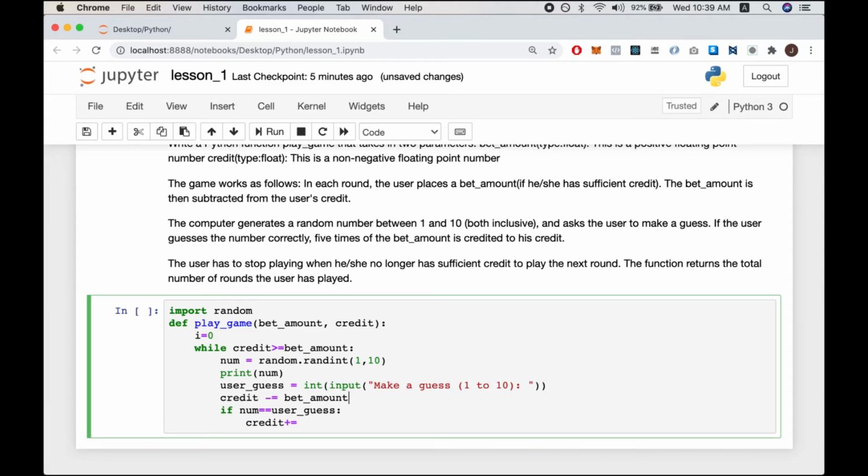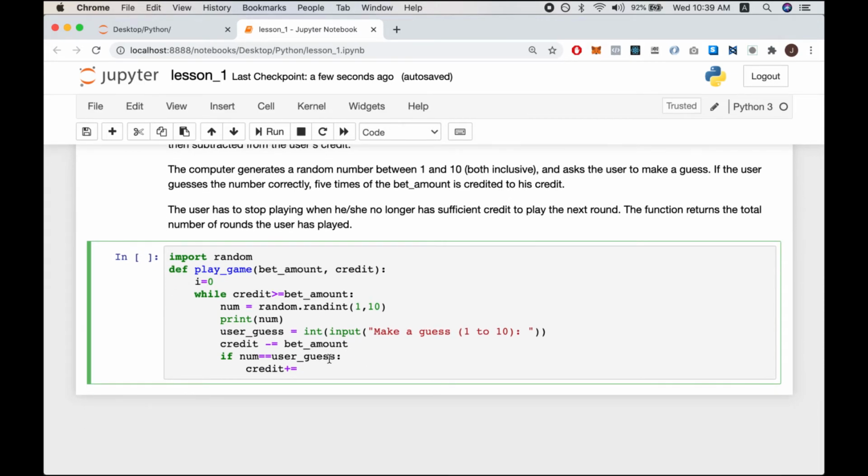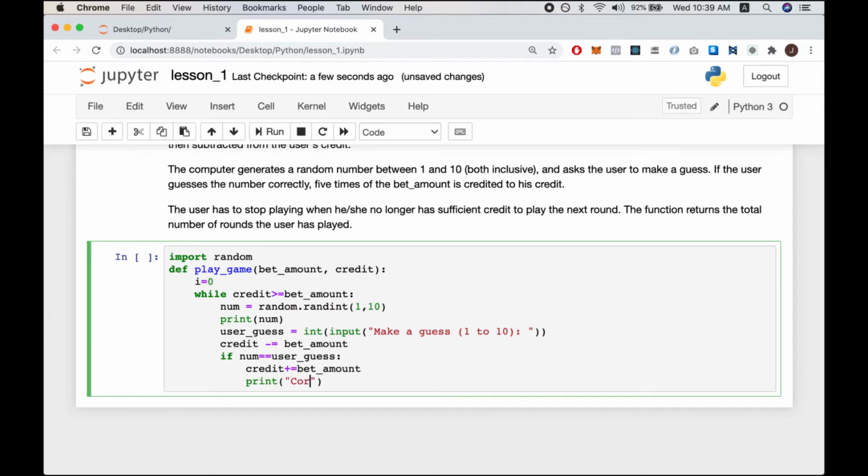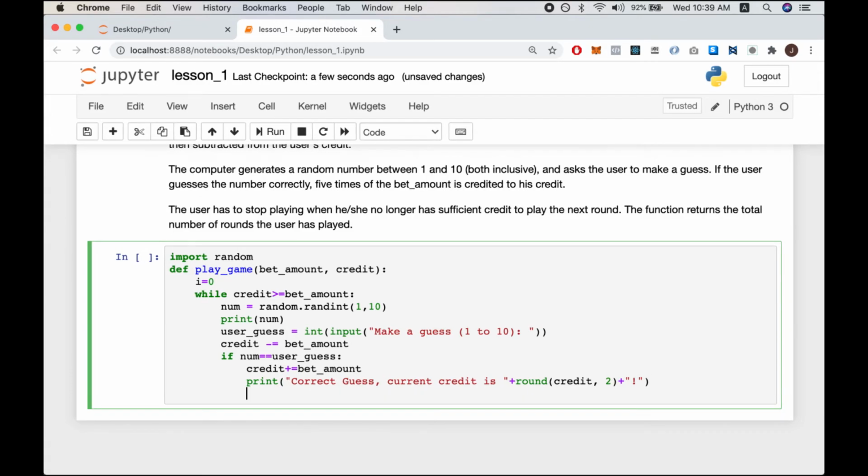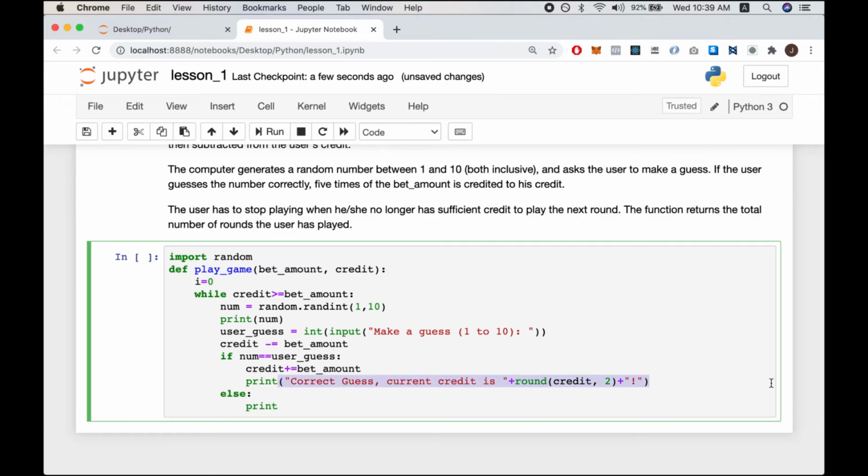So what happens is that the credit will deduct the bet amount, and credit will add bet amount if it is equal, and print correct guess, current credit is, then we'll add round credit 2, and we'll put an exclamation point,